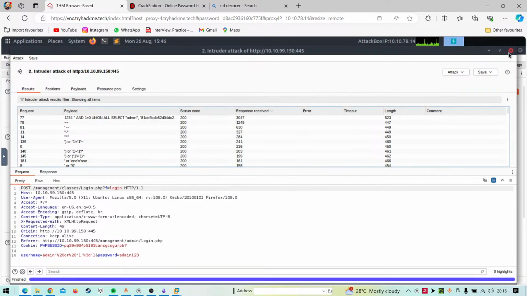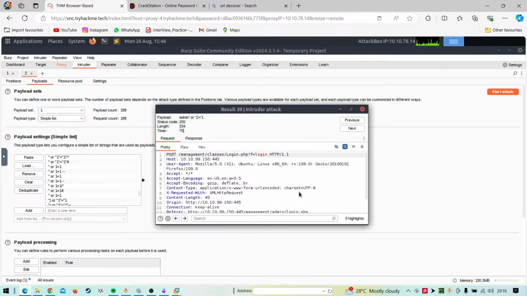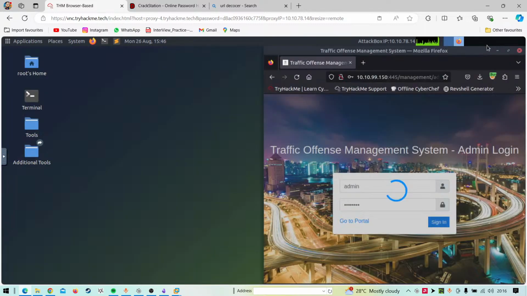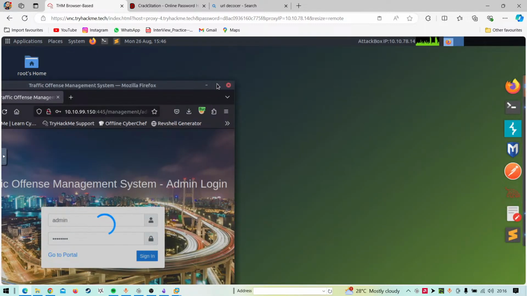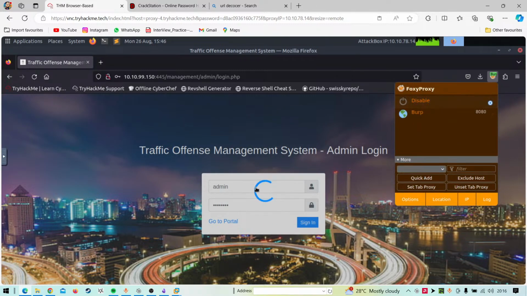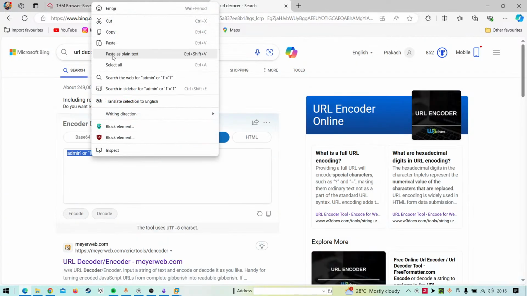So now we know the stuff, right? So maybe something is wrong with my VPN, because something is wrong happening there. So I'll just turn off the proxy now. It's no need, and we'll have a payload right here.